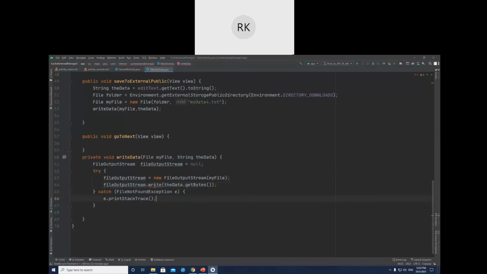So here again under write we got the red line, so press alt enter and add a catch clause. Once all this is done, then here I can give the finally, and inside the finally I can close the file output stream.